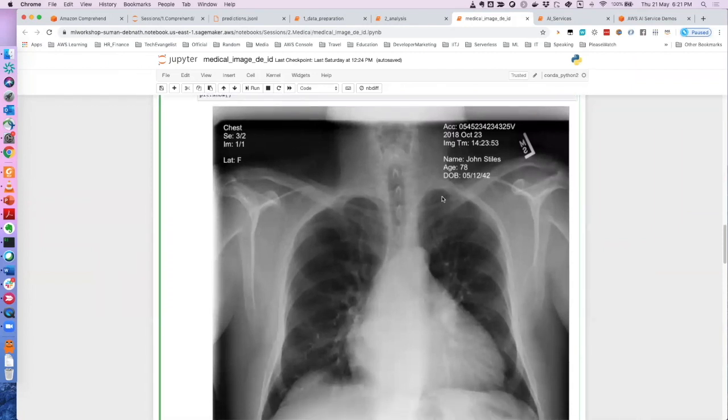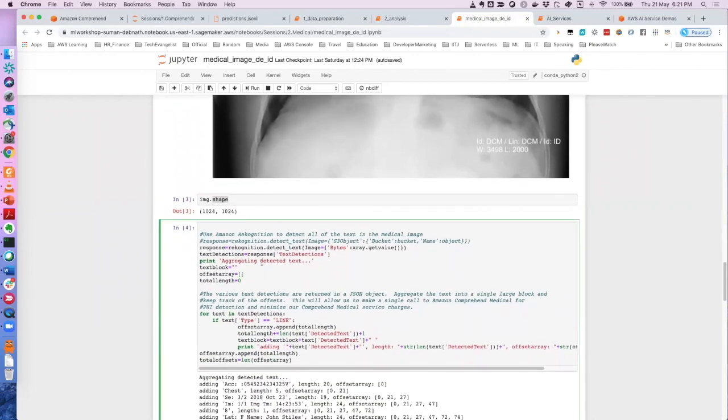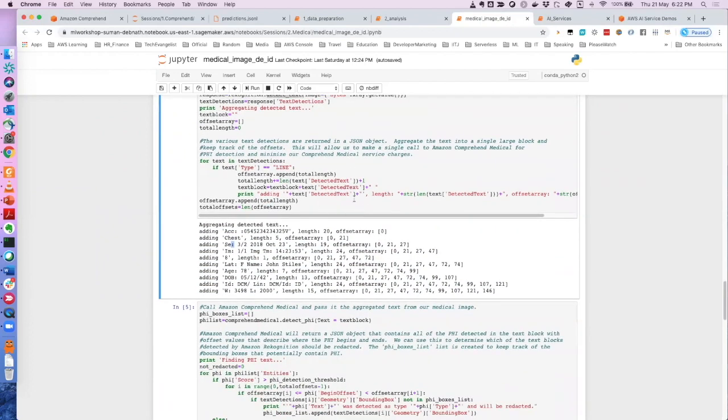So what I'm going to do is call Comprehend and try to figure out the text from this image. I cannot send this image directly to Comprehend, because Comprehend is not a service which can analyze images. So I will first send it to Rekognition. Once I call Rekognition and its method called detect text, I will get all the text that this image contains. These are the text, all of it, whatever it has seen in this image. And then I will add all this text in some variable.